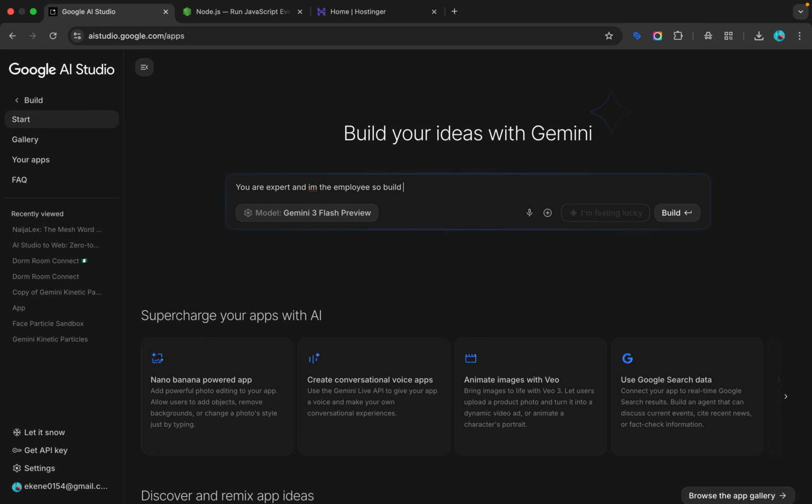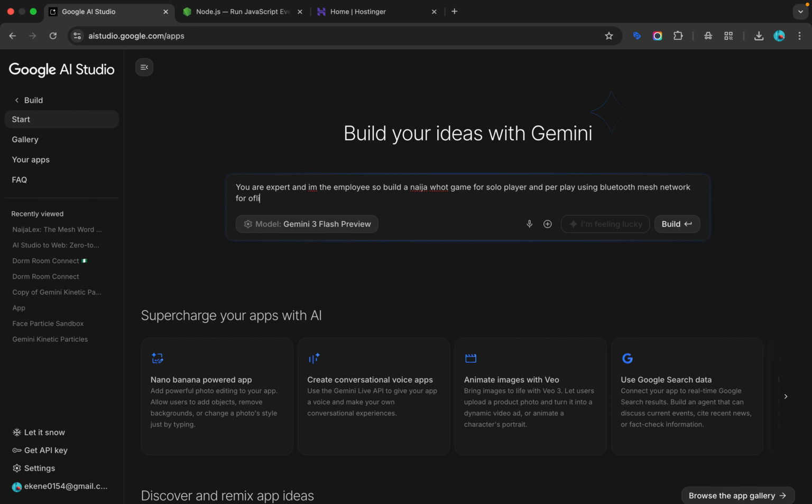So build me a Naija Whot game for solo player and pair player, now using Bluetooth, sorry, Bluetooth is not okay, sorry, using Bluetooth mesh network for offline